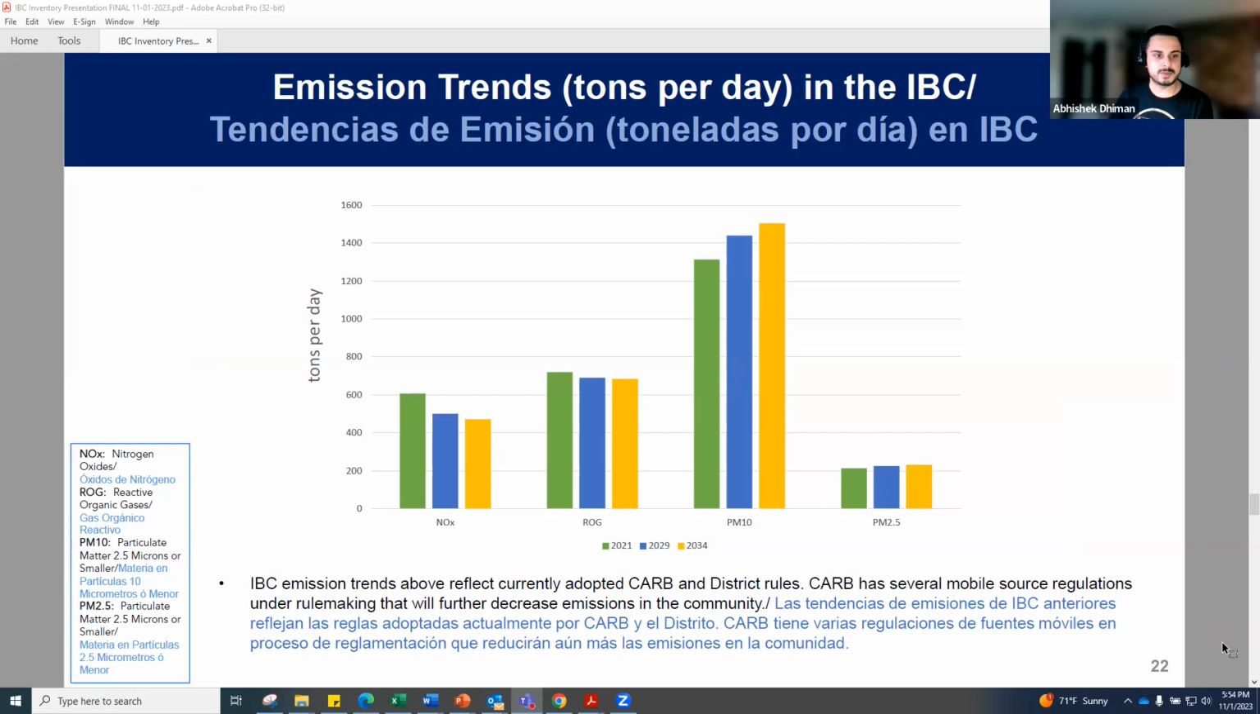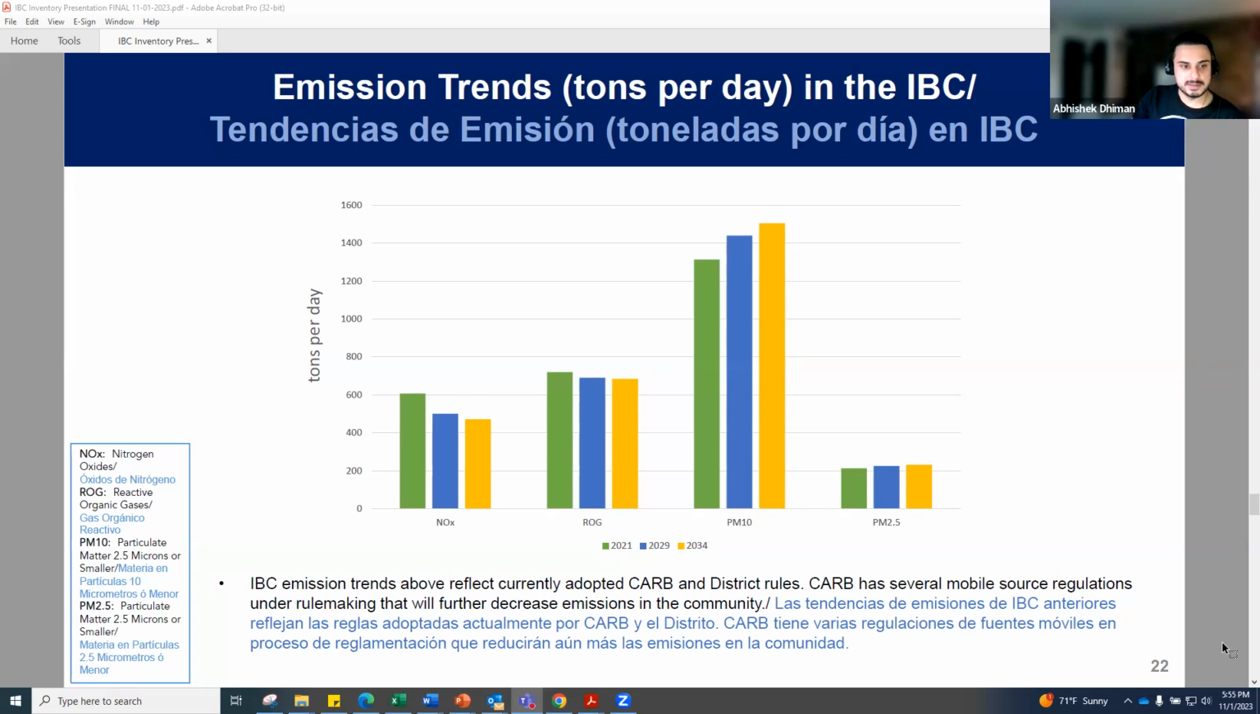As required by the blueprint, we have also developed projected future emissions. As a start, this slide shows the emission trends for the IBC community, so we can get a general idea of how emission totals are projected to change due to the economic growth and already adopted CARB and district rules and regulations. And the chart here shows the total base year 2021 and forecasted future years 2029 and 2034 emission